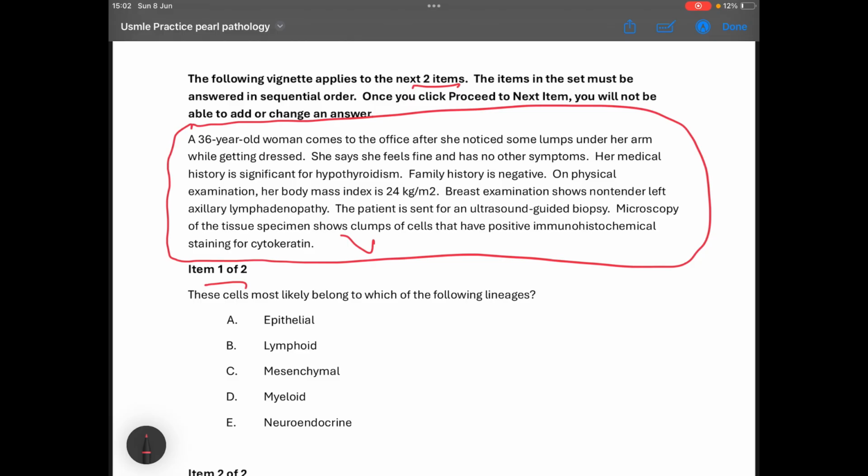So we have to read this. A 36-year-old woman comes to the office. She noticed some lumps on her arm while getting dressed. She says she feels fine and has no other symptoms. Her medical history is significant for hypothyroidism. Family history is negative, and on physical examination body mass index is 24. Examination shows left axillary lymphadenopathy. The patient is sent for ultrasound-guided biopsy. Microscopy of the tissue specimens shows clumps of cells. They had a positive immunohistochemical staining